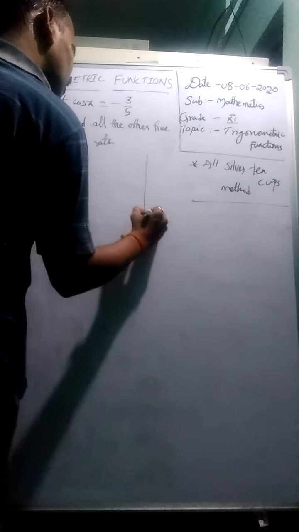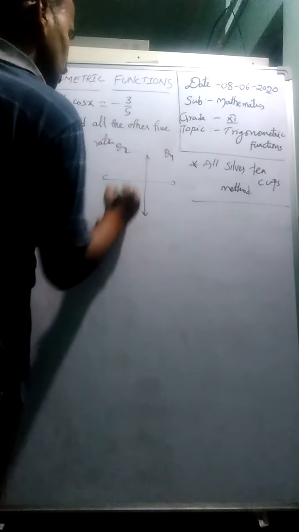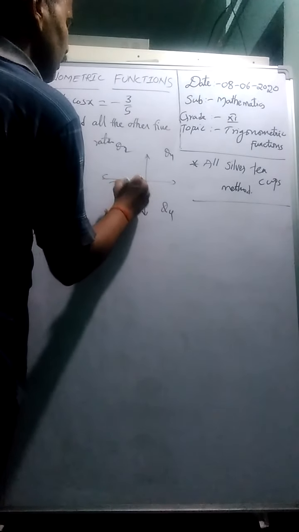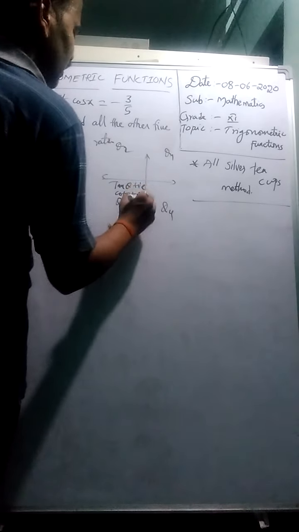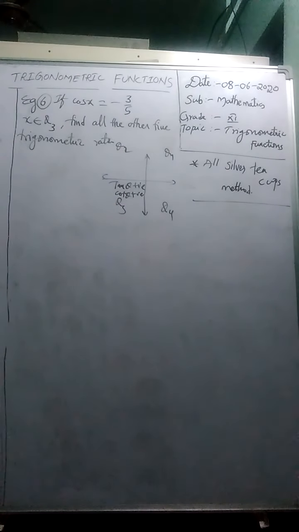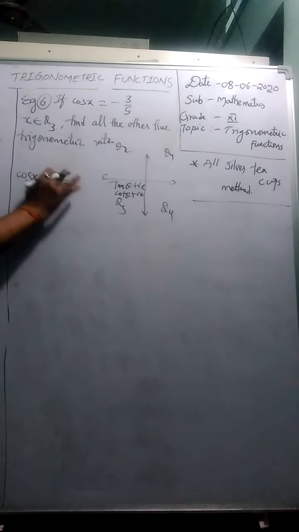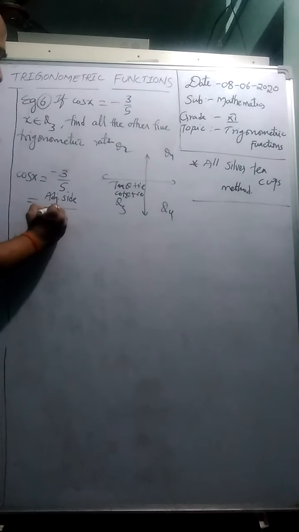So let us draw the Cartesian plane and see how it affects. This is Q1, this is Q2, Q3, Q4. In Q3, tan theta and cot theta are positive, as we learned in the all silver teacups method. That is why cos is given negative. So now we have two different methods, friends. One is by using identities, one is by using trigonometric ratios, I mean the basic trigonometric ratios as you learned in 10th, that is up to you. Cos is defined as the ratio of the adjacent side to the hypotenuse.